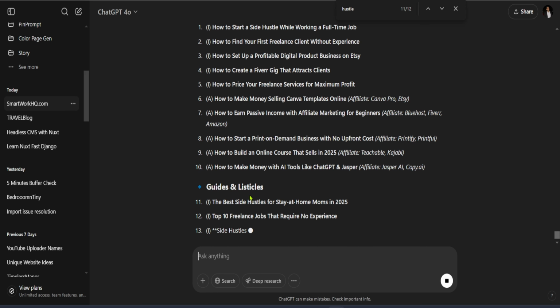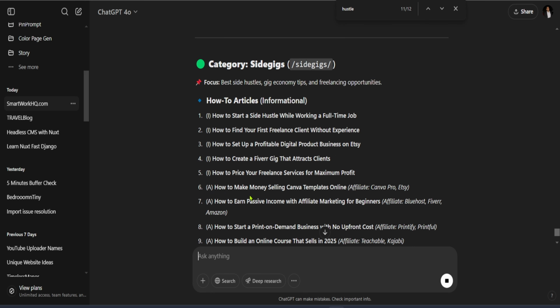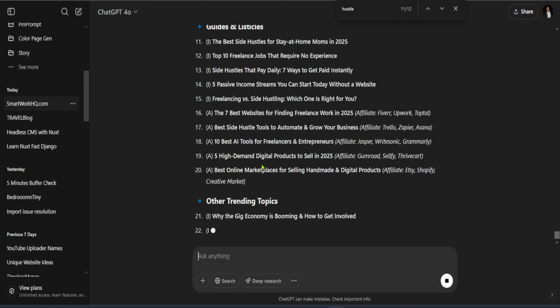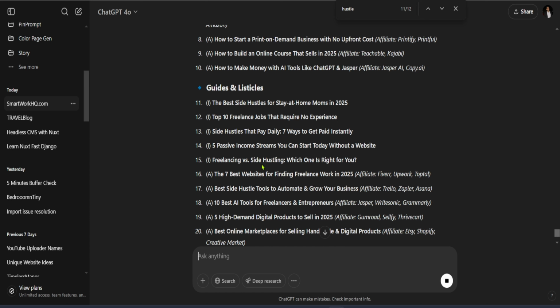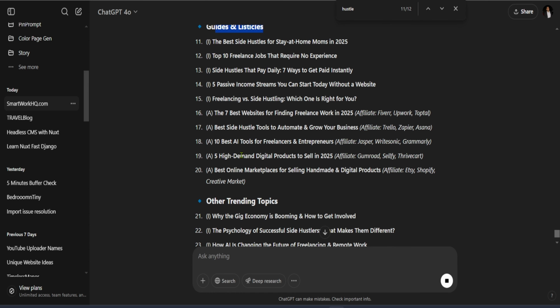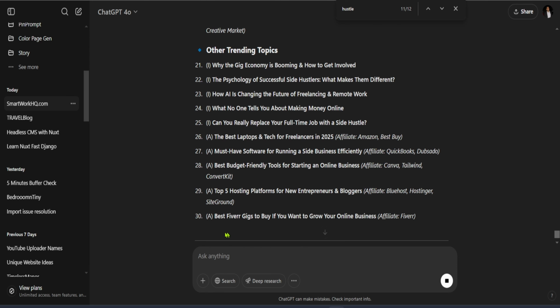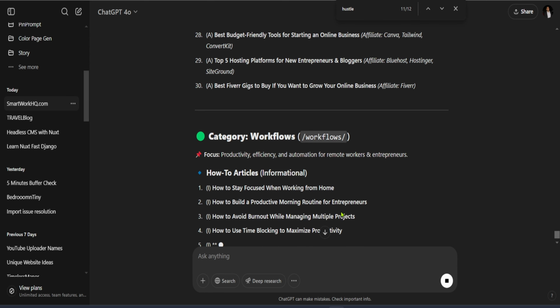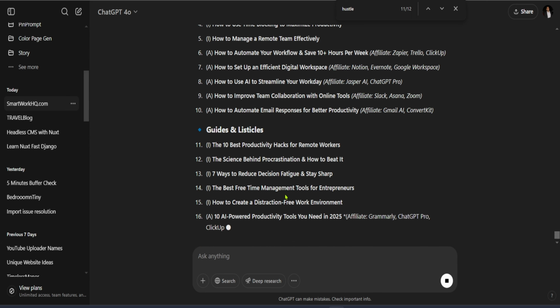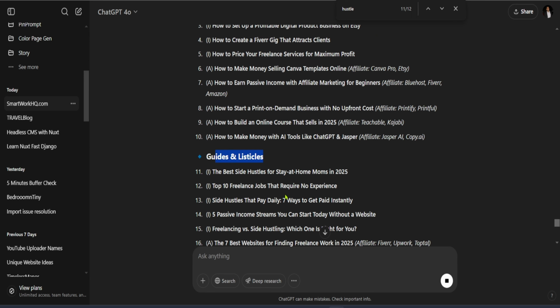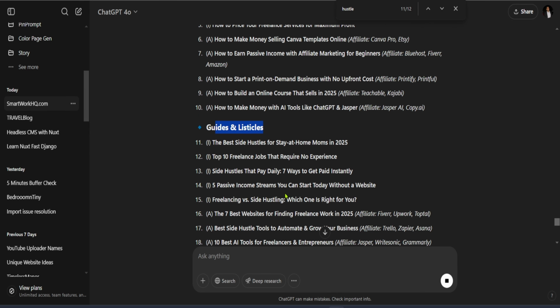Okay, so now here we have all the how-to articles, informational, inside gigs out of 30, and then it has given us guides and listicles and other topics, and this is how it completed 30 articles. Now it's moving to the workflow category. It will generate more articles. In the meanwhile, we'll just go through the articles, and we have informational how-to's, and then we have